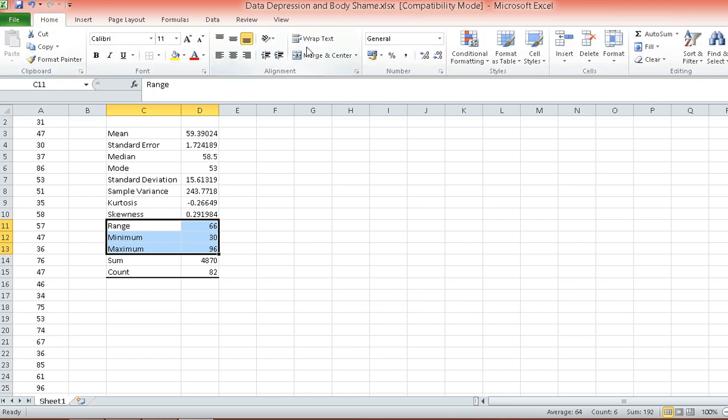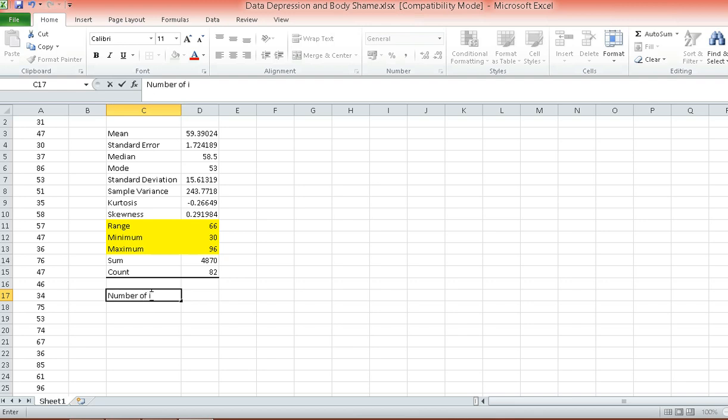I'll highlight that first so that you can see it better. And then we need two more pieces of information. One is the number of intervals, and then the other one is the interval width.